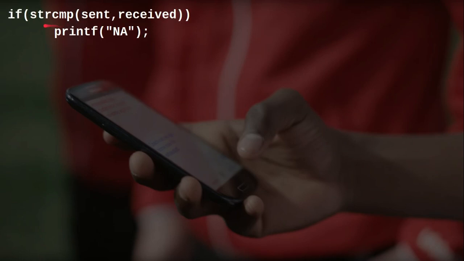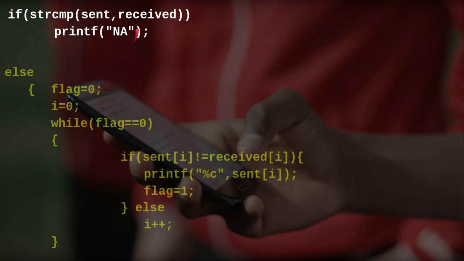Here we have the first option to calculate the length of the strings and then compare these lengths. But I am using the second option, that is using the string comparison function to compare the strings. If both strings are the same, then it returns true and we will print NA. Otherwise it returns false and we will go in the else block to find the missing character.